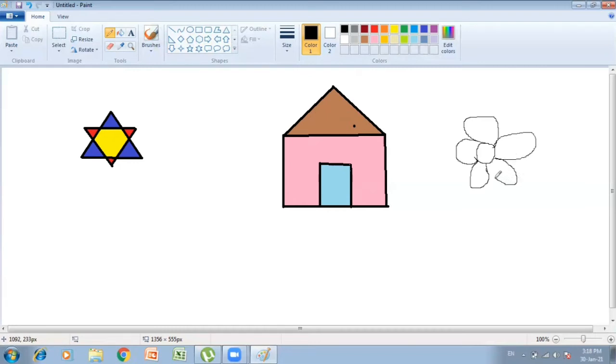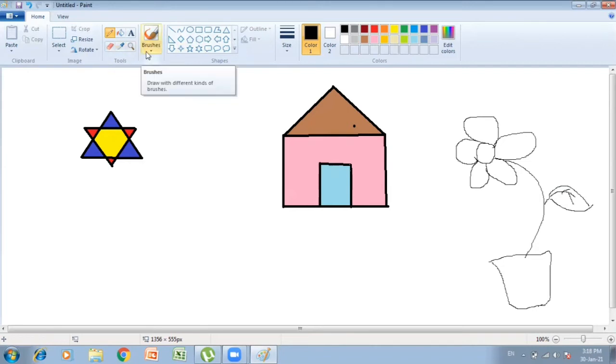See, it's very difficult to draw a freehand drawing. This is the same figure that is given in your book. Make a leaf also. So children, see the difference between the shapes drawing and freehand drawing. Okay. Now next is brushes.